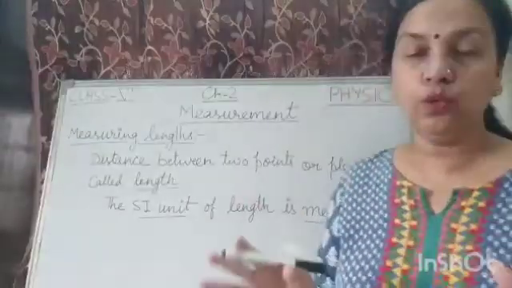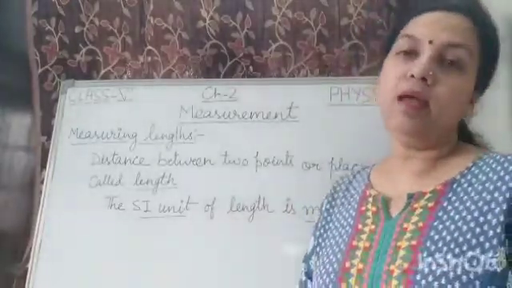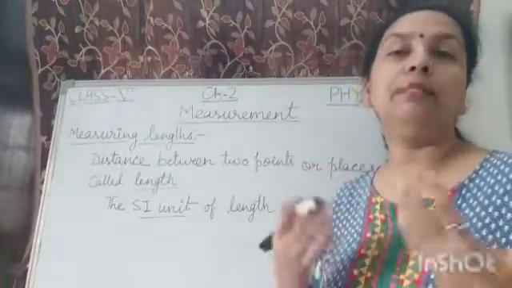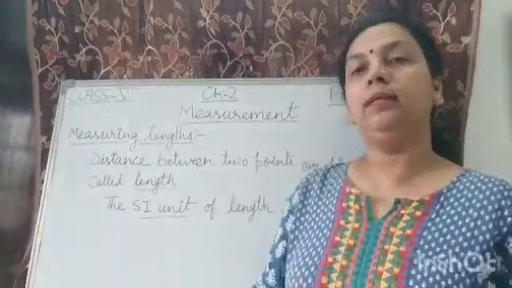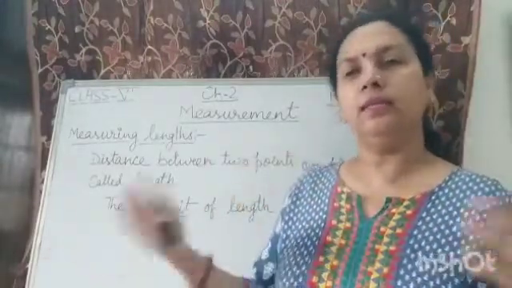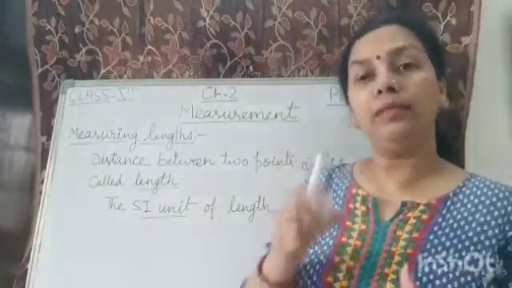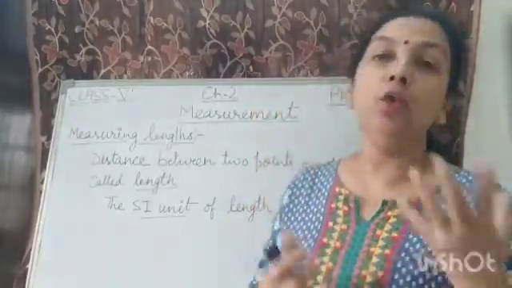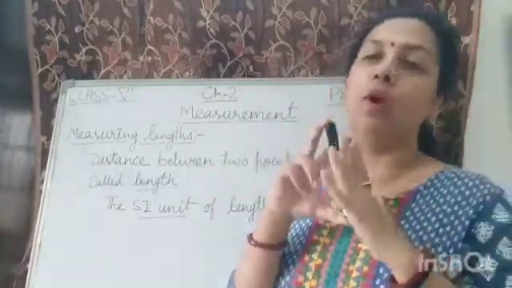Children, in my last video, I explained to you that the SI unit of length is meter, but there are some other units of length which we use as per our convenience. For example, centimeter, kilometer, millimeter, because meter can be used to measure the length of a table, a length of a playground, and for these things we can easily use the unit meter. But suppose we have to measure small things like this marker, or an eraser, a notebook. So meter is quite a big unit to express such small lengths.